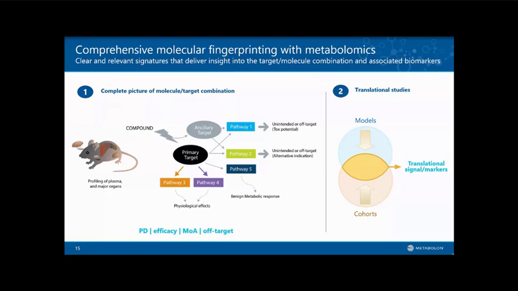And one thing about that second part, the translational studies, is that these can be done sequentially, but I think ideally they're done somewhat concurrently. That is, when you're in the model systems, you're looking at relevant cohorts, or it can even overlap nicely with, for example, phase 0 studies. So the examples I'm going to take you through actually reflect these cases on this slide.